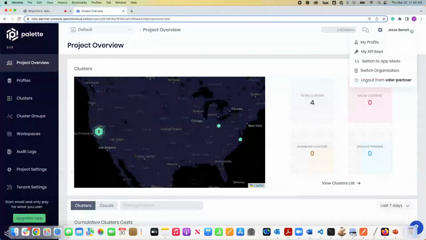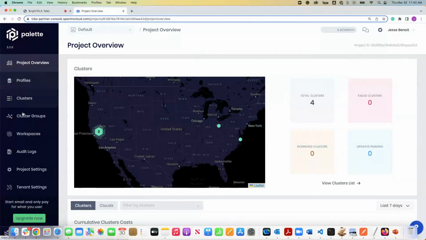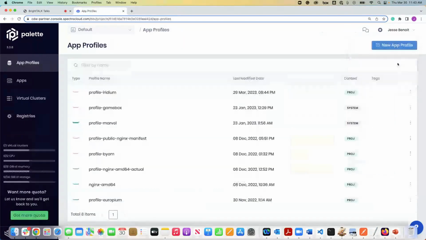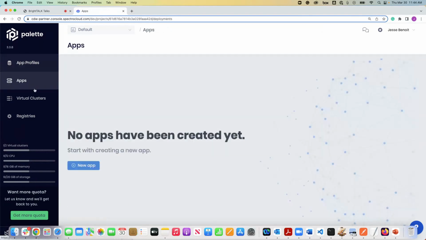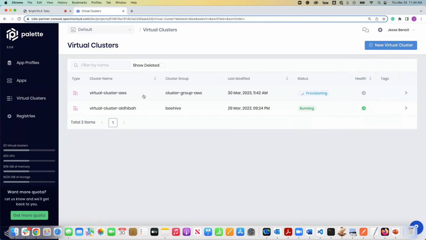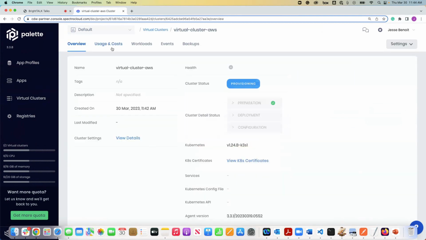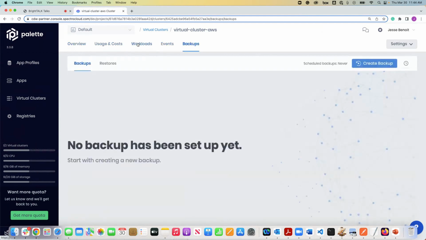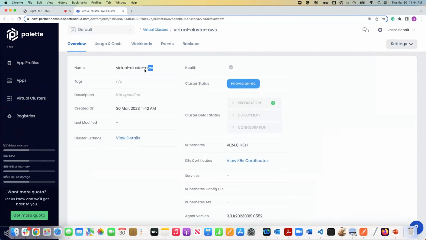Yep. Okay. So here I am in cluster mode. You see I have all these bells and whistles over here. And here is app mode. And here's Spectro Cloud's attempt to try and help those teams that are complaining about learning Kubernetes for 2 years and 2 months, so that they can just know that there's underlying infrastructure. So Kyle, you deployed here, I believe, a virtual cluster, still provisioning, virtual cluster AWS. You could see that information in here. You could see the usage and costs, the workloads once that spins up. And then you can notice virtual cluster AWS.